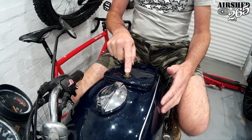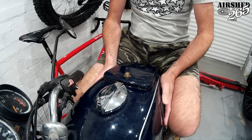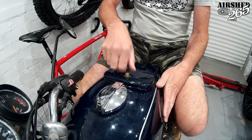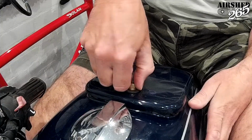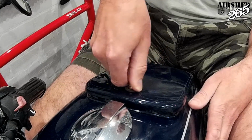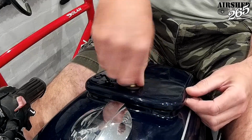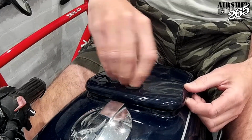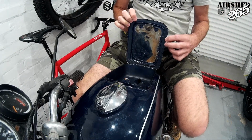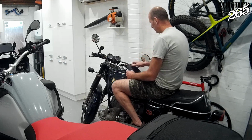I don't know if this locking mechanism is standard. I've seen two of these and I think they both had the same, so it may well be. But when you are out on the road, and particularly if you've got gloves on, trying to undo this is a royal pain. So without getting too technical at the moment anyway, this is an M10 fine thread. So the pitch is 1.25 millimeters, and you've got to do a good 7-8 turns of this to actually open